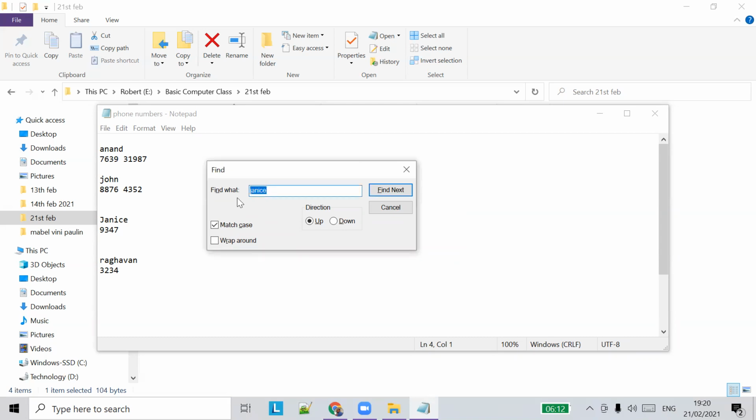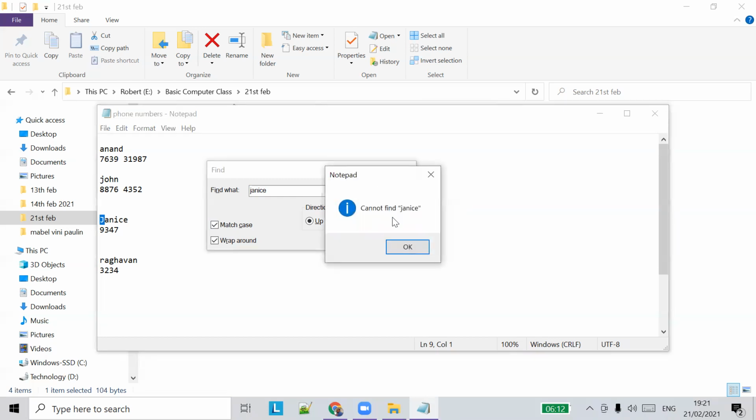So what I'm doing is I've typed Janice, and Janice is here, and I've given match case. Will it search the word or not? You can see a caps letter printed here. It won't search because it will match the case.